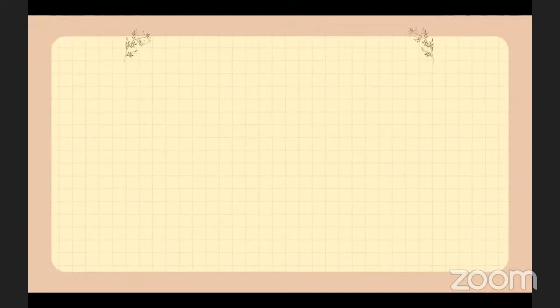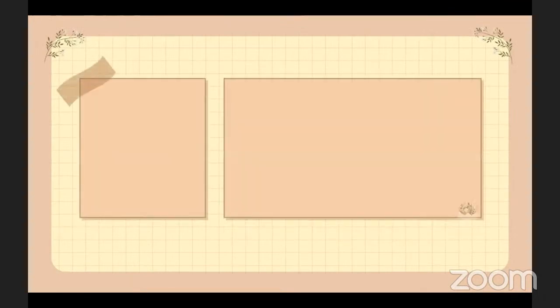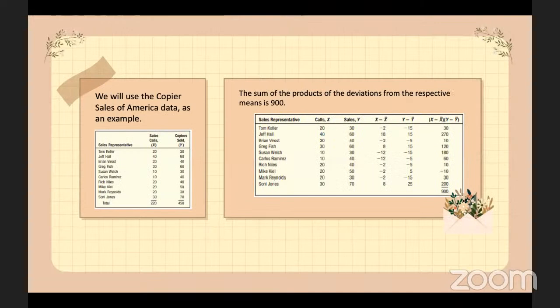The sum of the products of deviations from the respective means is 900. To compute the correlation coefficient, we use the standard deviations of the sample of 10 sales calls and 10 copiers sold. The standard deviation of the number of sales calls is 9.189, and of the number of copiers sold is 14.337. Inserting these values into the correlation coefficient formula,